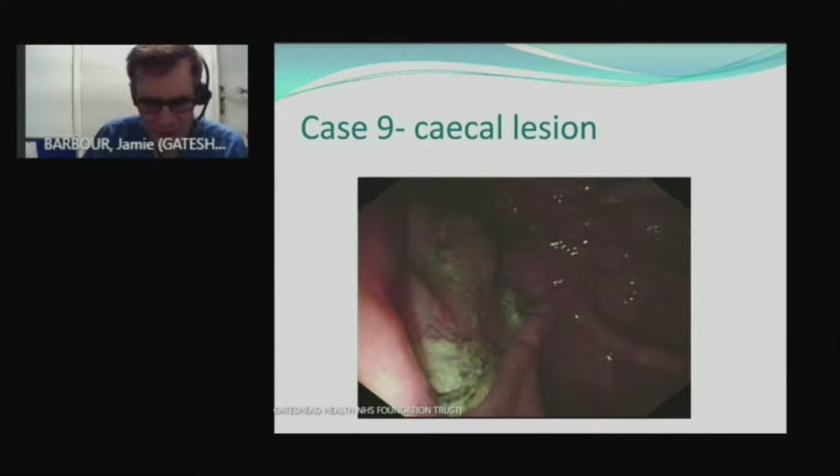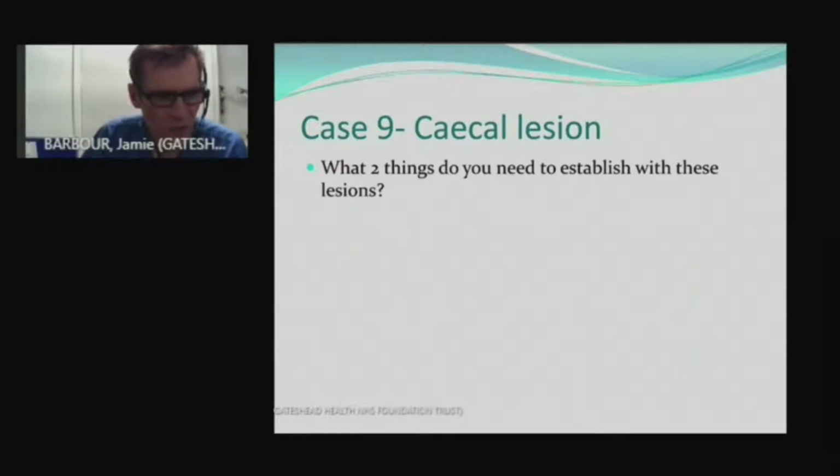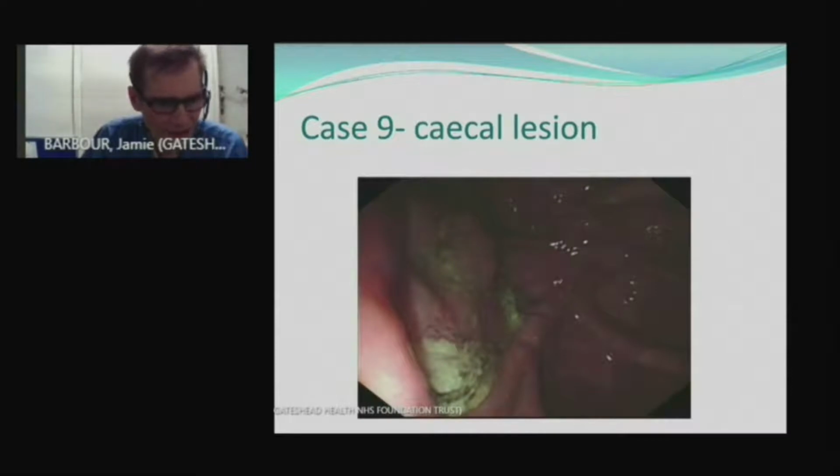And coming towards the end, we've got a cecal lesion, and for people doing diagnostic work, the question is here, what two things do you need to establish with these types of lesions? And you can see this is the cecum. It's not all that clear, and there's a little bit of stool there. On the left hand side of the picture is the ileocecal valve,